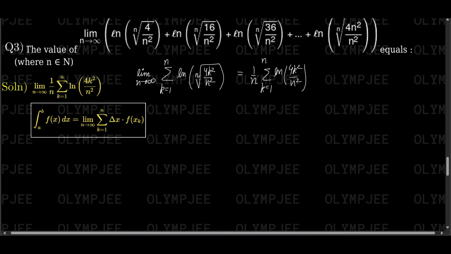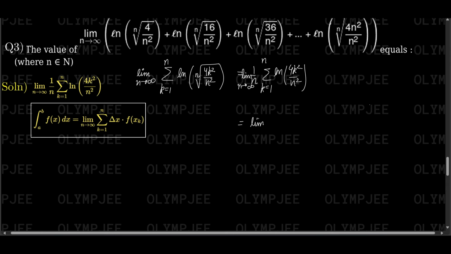Now here if you notice, since this is limit n tending to infinity, the 1 by n will tend to 0, and it is multiplied with a series that has infinite terms. So whenever you have this kind of formula, you should always remember that this can be converted into an integral. Let us see how. So if I write this as